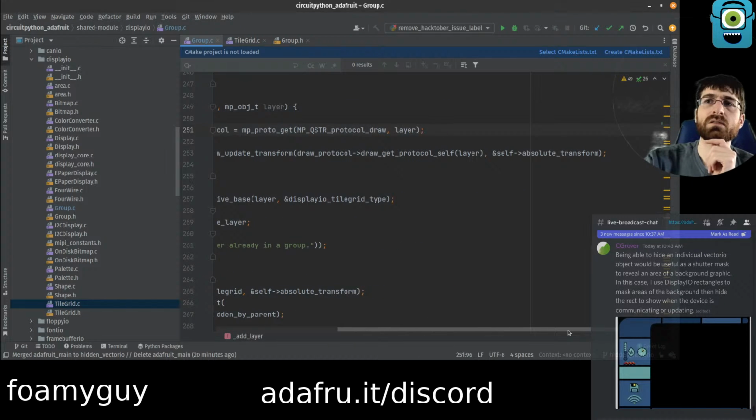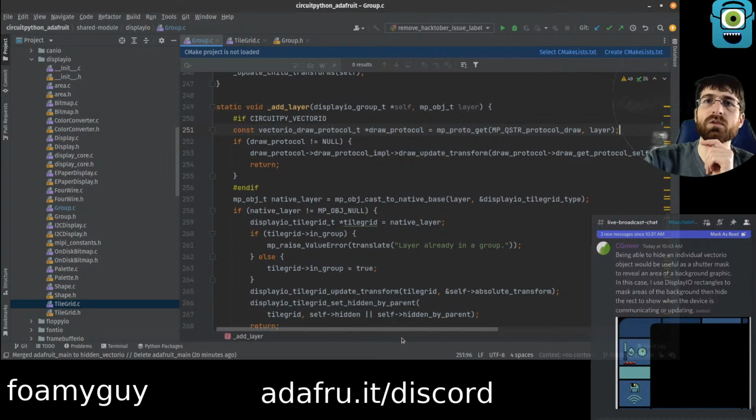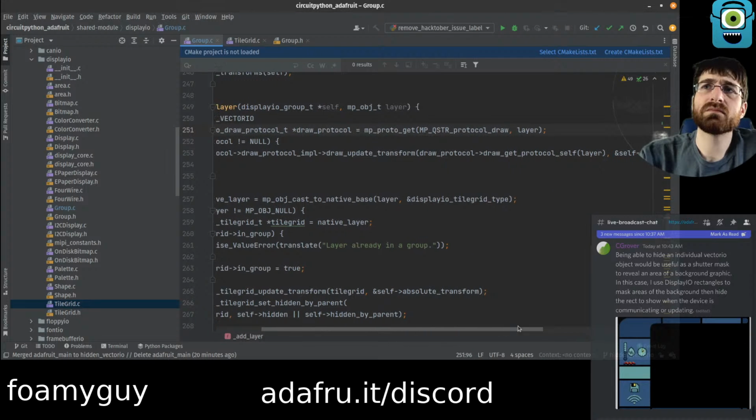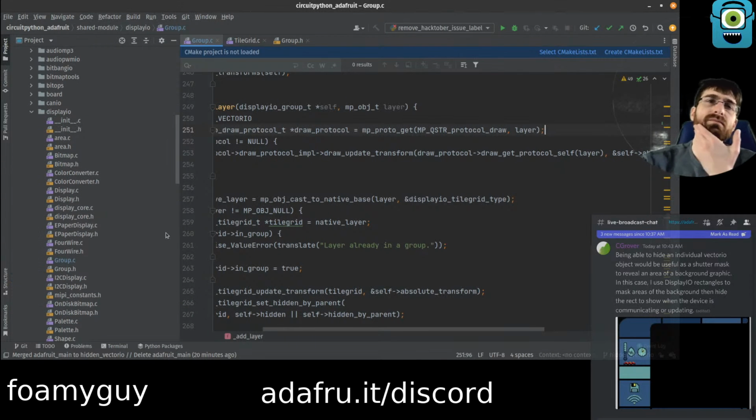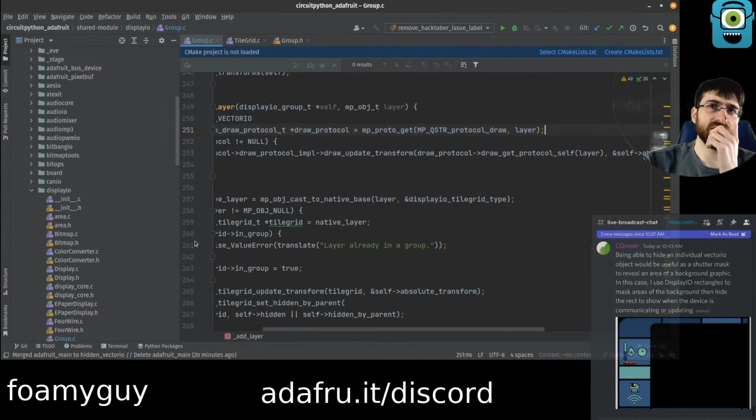that's interesting. Okay, that's a little more different. It's not doing this cast native base thing. Instead, it's doing all this. Draw, update, transform. Huh, so I don't know how to get